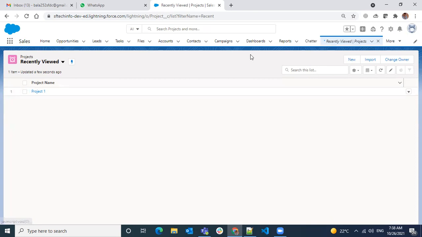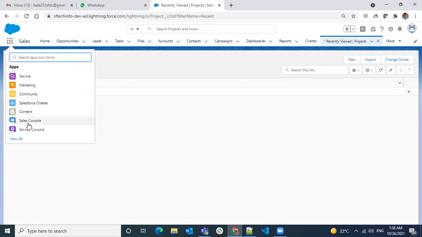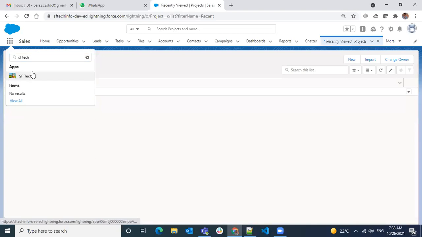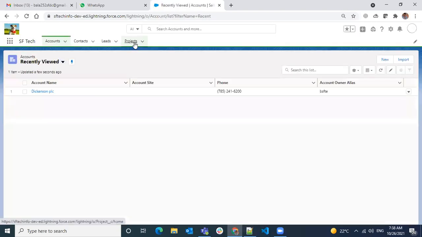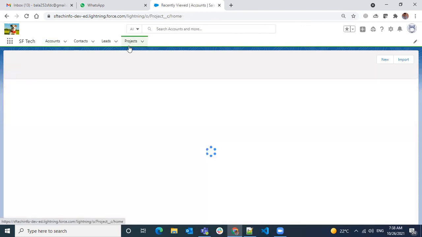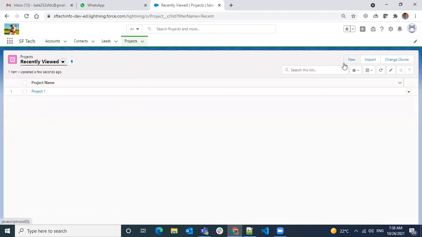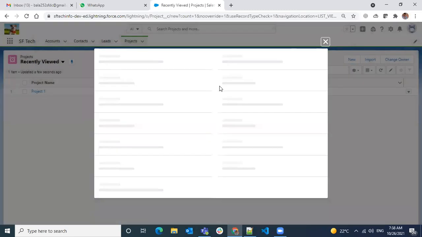So we need to go to the tab to create any records. So we have to go to projects, or we have created an app, so we can directly go to the app, where we can see this tab available. So we have projects, and in the projects, when we click on this new button, then we can create a